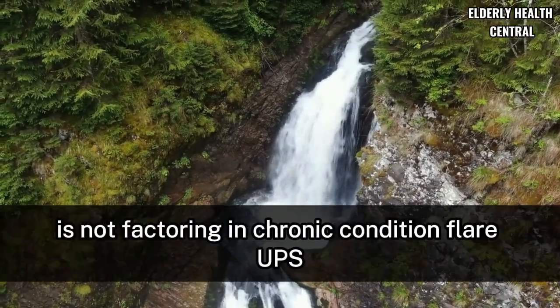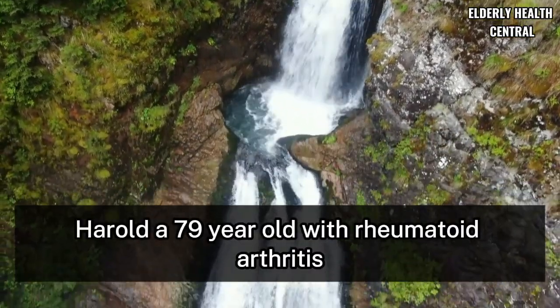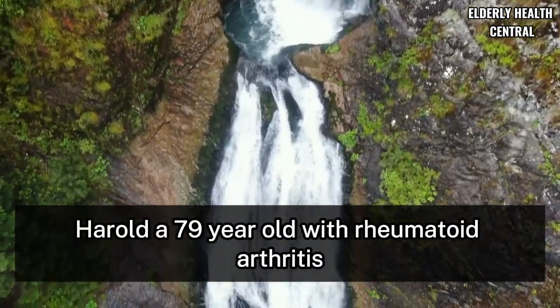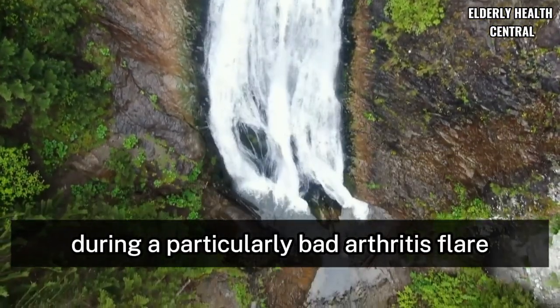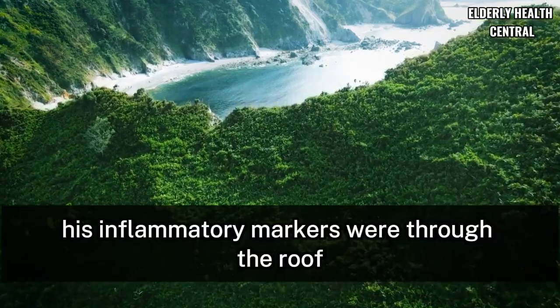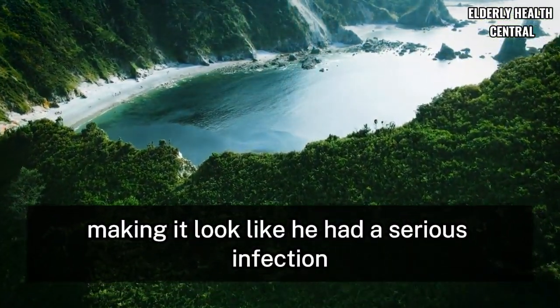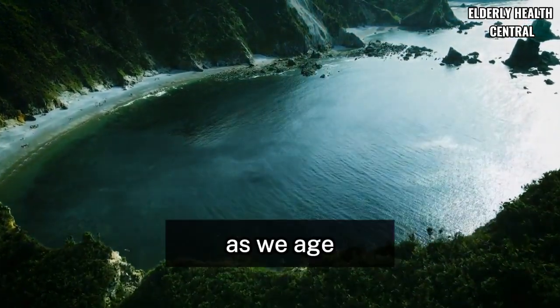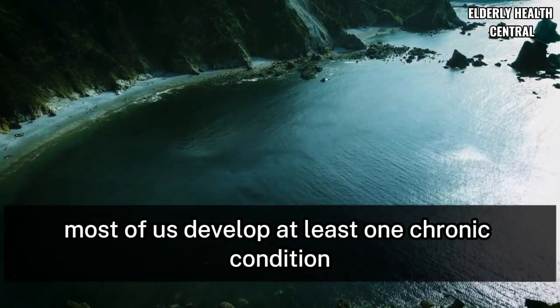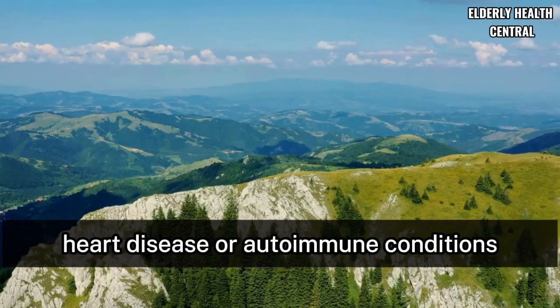Mistake number 7 is not factoring in chronic condition flare-ups. Harold, a 79-year-old with rheumatoid arthritis, came in for routine blood work during a particularly bad arthritis flare. His inflammatory markers were through the roof, making it look like he had a serious infection or his arthritis was much worse than usual. As we age, most of us develop at least one chronic condition: arthritis, diabetes, heart disease,